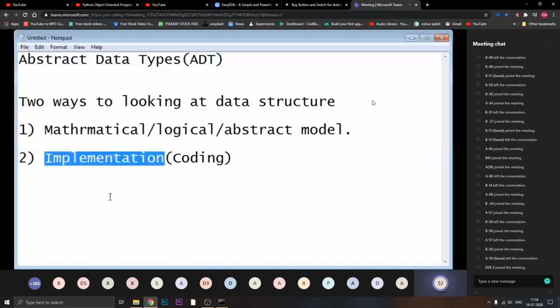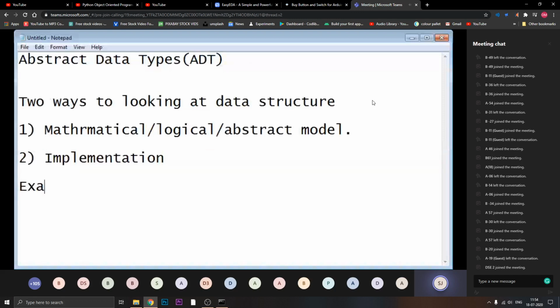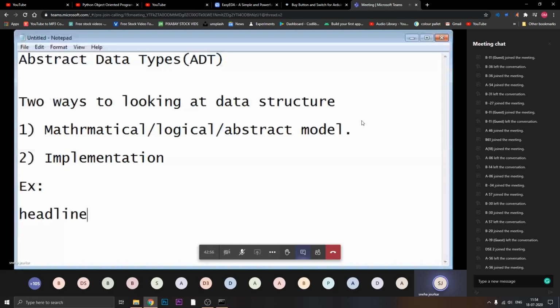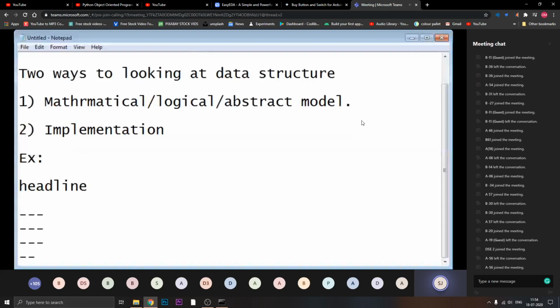Now I want to give you a basic first example to explain these two points. All of you have a newspaper in your home, right? In the newspaper you get a headline, and under the headline there are two or three lines that tell you what the coming news is about.